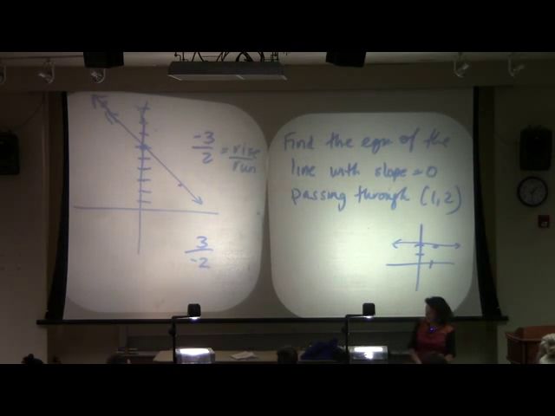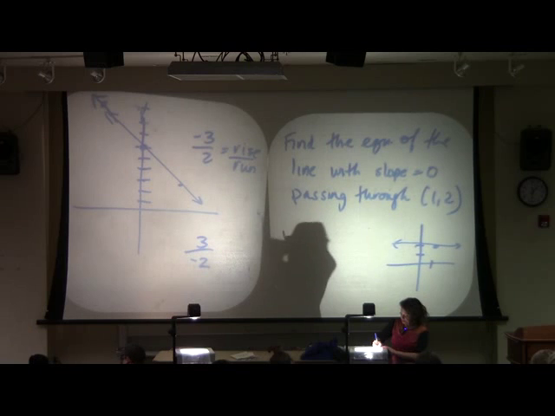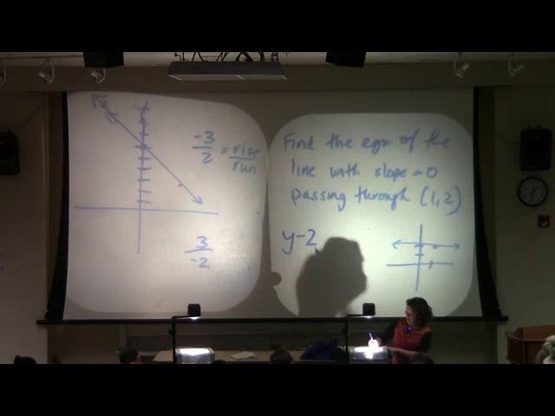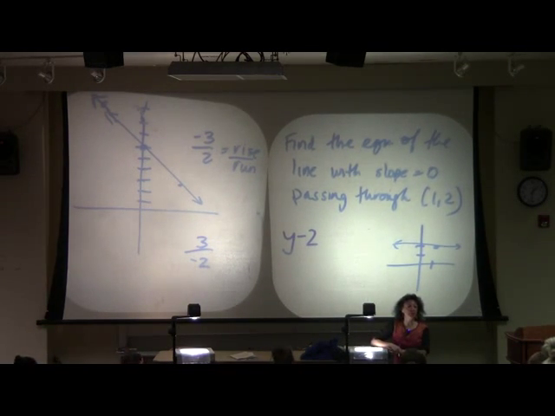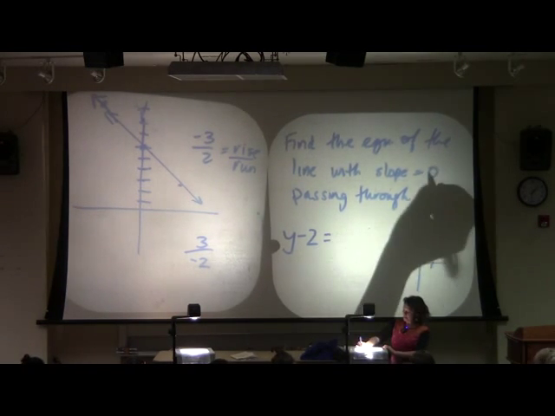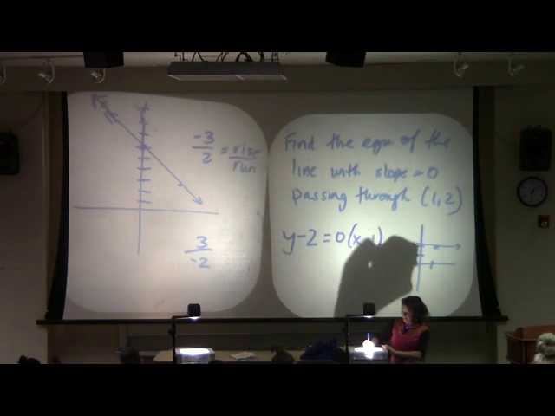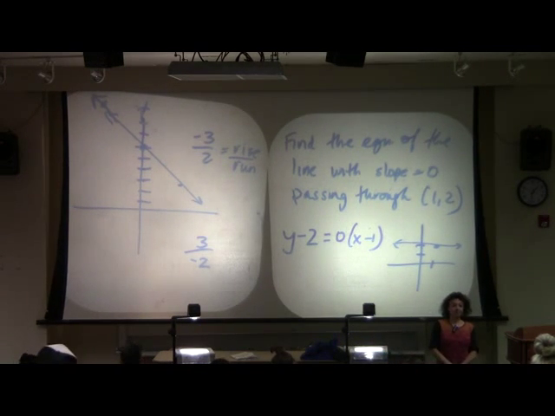Well, which way do you want to find the equation of the line? y equals mx plus b, or y minus y1 equals m times x minus x1? Point slope. Okay, so we have y minus my y value. If you're the y equals mx plus b type, you can ignore me right now. Use y equals mx plus b. We'll meet in the same place. So y minus 2 is m, which is 0, times x minus 1. Guys with me there?